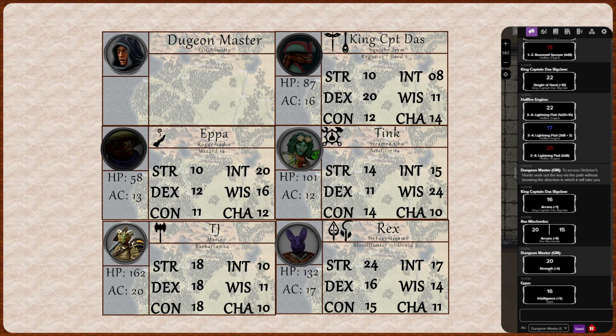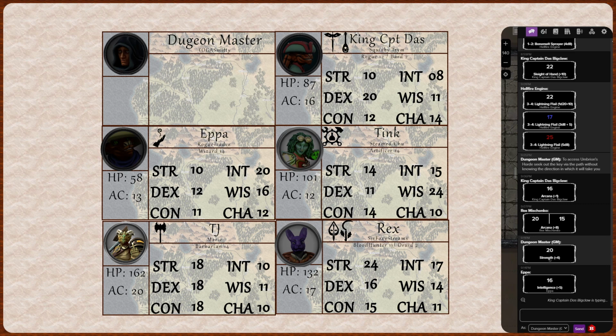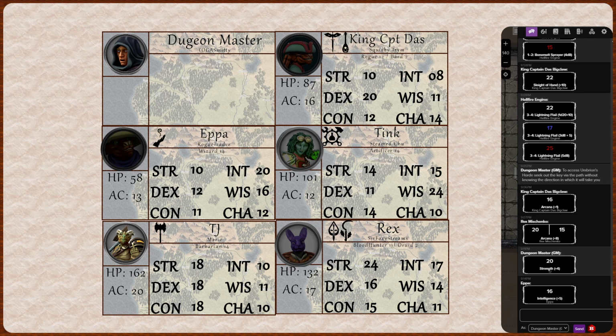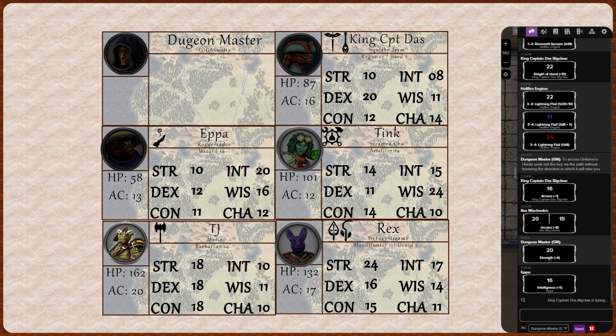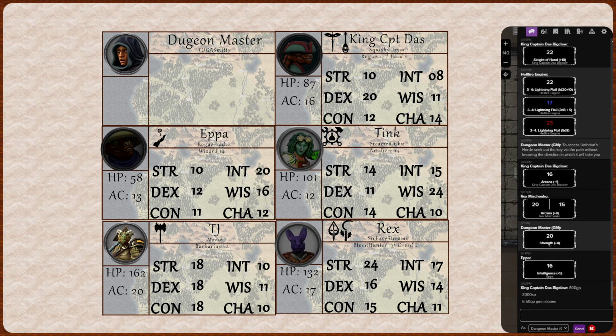You find a total of 800 gold pieces, 1,000 silver pieces, and a handful, about 6 gemstones worth about 50 gold each. You also find a couple of statuettes of animals. One a dog, the other a lion.